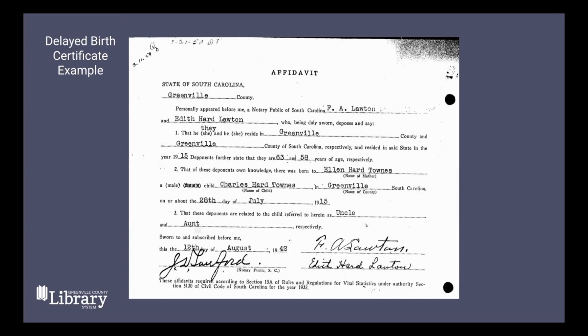You'll notice that his middle name is Hard, which is also his mother's maiden name. So you'll see that oftentimes. If you're not sure of the maiden name of a female ancestor, I just wanted to mention that sometimes if you look at that middle name, that can sometimes be a clue, especially if it's maybe a very uncommon sounding name. Like you may think, does this have some kind of family connection? So that's just one little other side tip there.